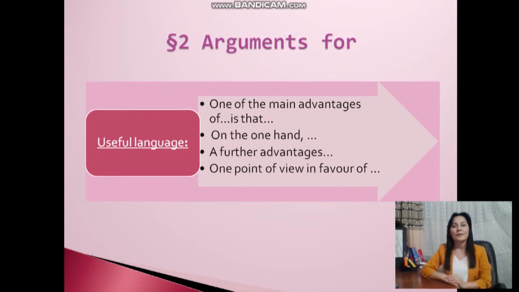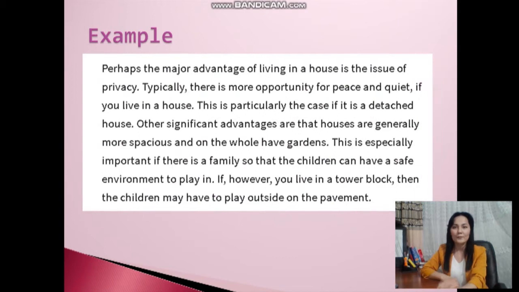So, next paragraph, this is arguments for. In this paragraph, you should write about advantages of the topic along with your justifications. And to list advantages, you can use expressions like one of the main advantages of, on the one hand, a further advantage, one point of view in favor of. And let's see one example for